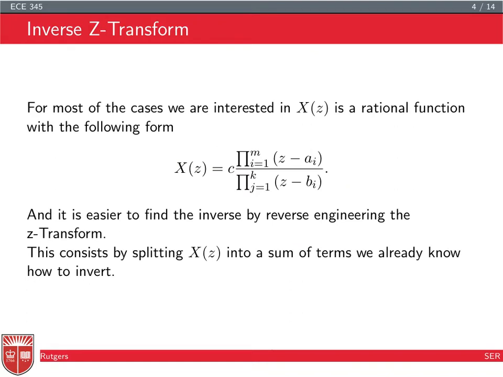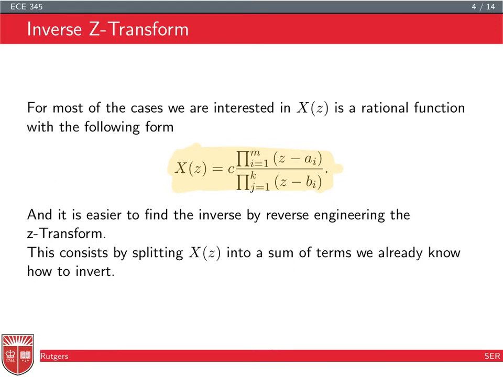So in this course, mainly we are going to be dealing with finding the inverse Z transform of rational functions, which we talked about in the previous lecture. A rational function is a function that is the ratio of two polynomials, so it can be written in this form. You have a polynomial as a numerator and a polynomial as a denominator. And for these types of